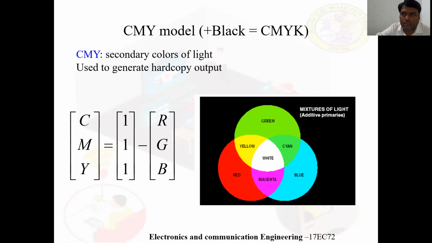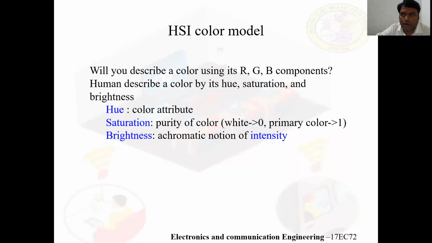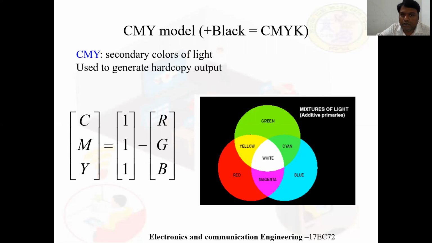In image processing, color models are used in connection with generating hard copy output. So the inverse operation from CMY to RGB generally is of little practical interest. Equal amounts of the pigment primaries, CMY, should produce black in theory, but in reality they produce a muddy looking black. So in order to produce black, we add black color to the CMY colors, and this is referred to as the CMYK color model.